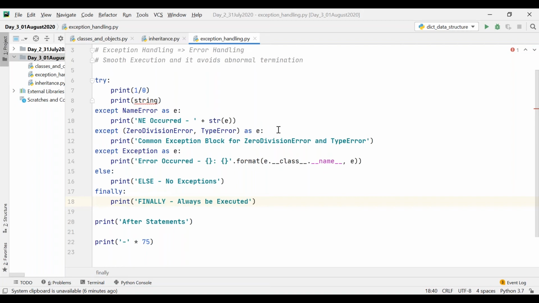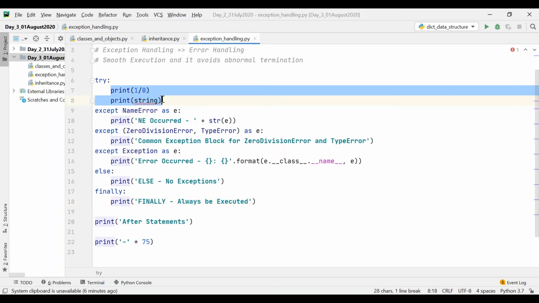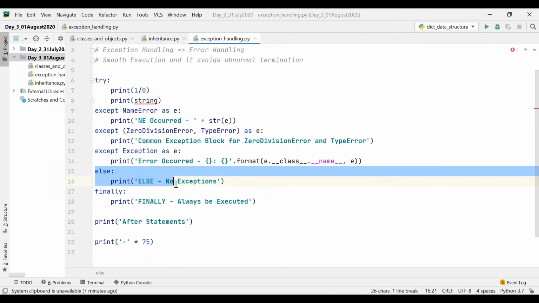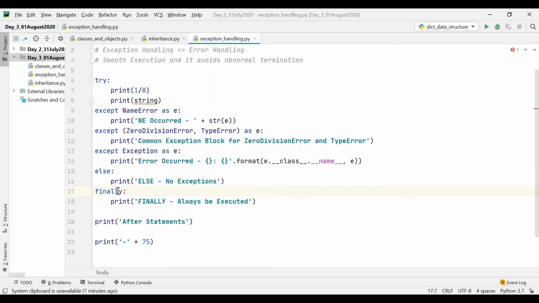That is, if there are no exceptions in the try block, only then the else block will be executed. But the finally block will always be executed. That is, in case of exception, it will be executed. In case of no exceptions, it will be executed.